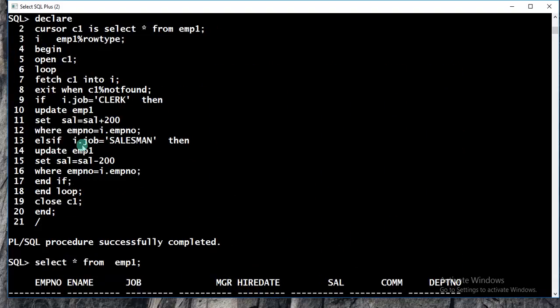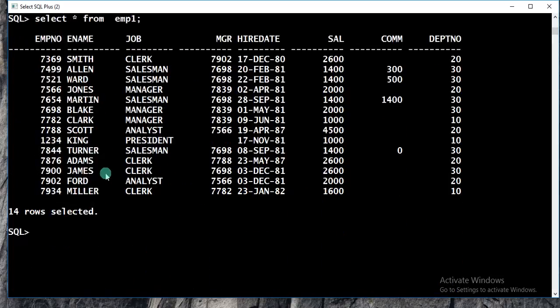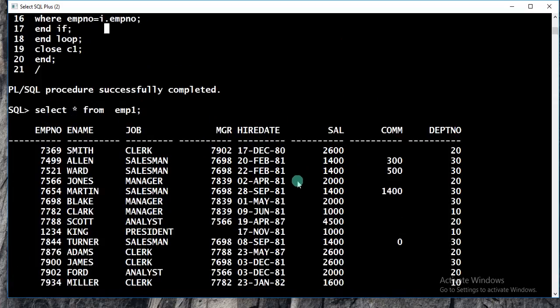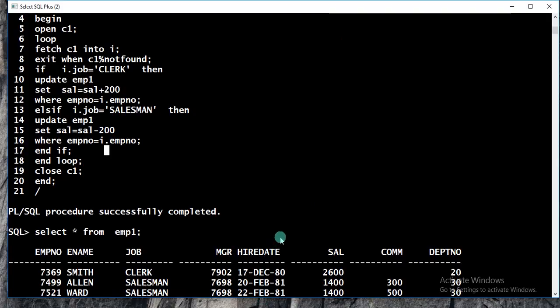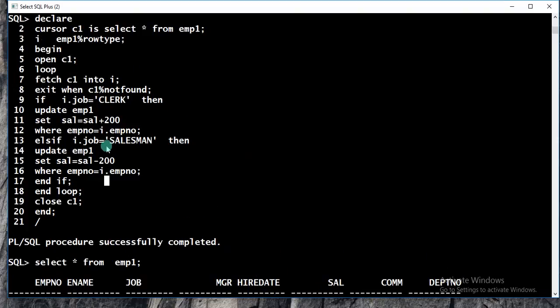You have to observe it. Whoever is a salesman, then update EMP1 set salary equal to salary minus 200. So 1400 will be generated. Correct? So this is how to update and delete. In the same way you have to follow delete statements, and you will get the output.